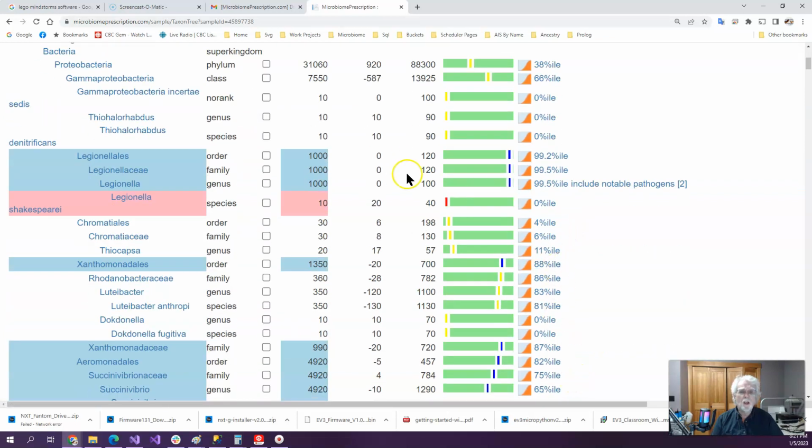The percentage here says how your level compares to other people's level, and we find some things you are very high. 99.5% of people have less of this particular bacteria than you do. That could be an issue for concern. It is abnormal, but